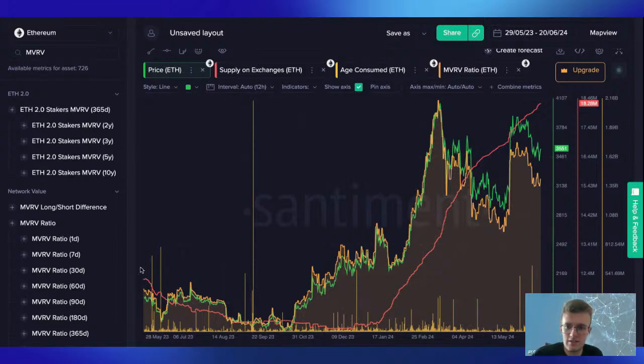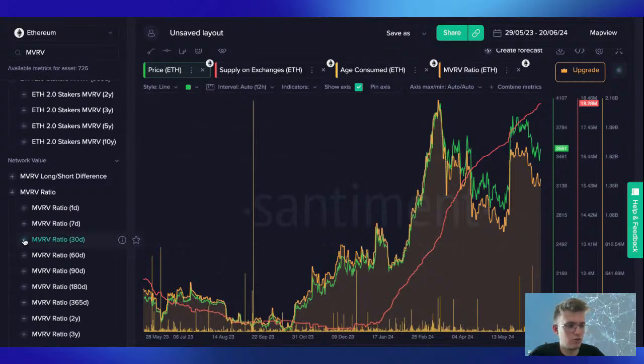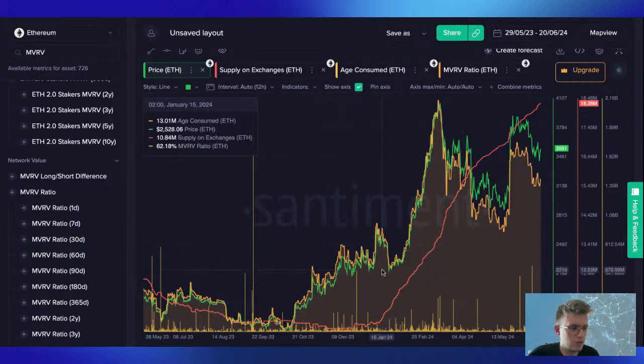So yes, that's the overview of Ethereum. As I said, Ethereum shows more mixed results here, so it is hard to say what will happen. Of course, we all believe in its growth, and there are some reasons to do so. Also, we think that a lot of liquidity will be put into the markets after the ETF starts trading.